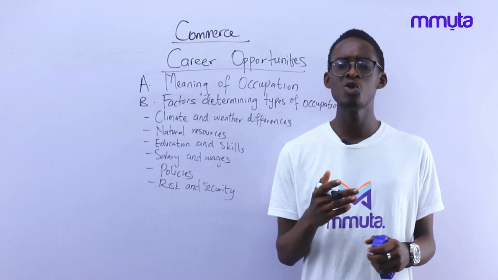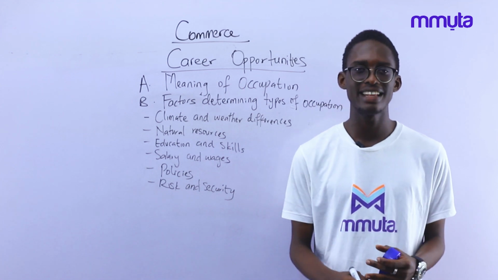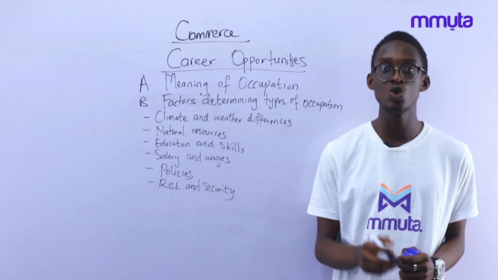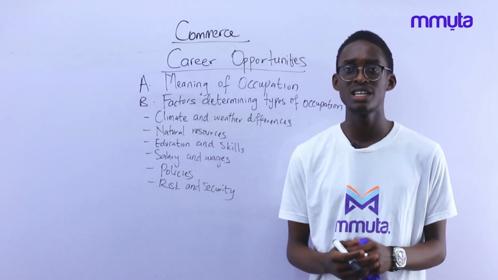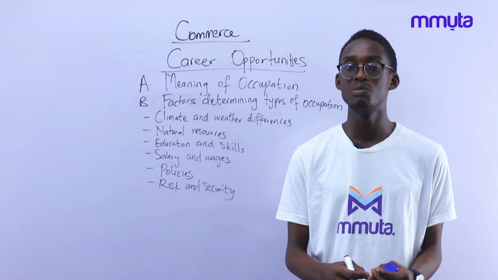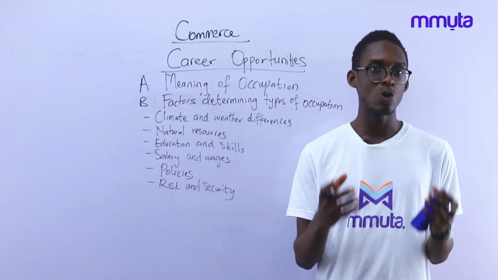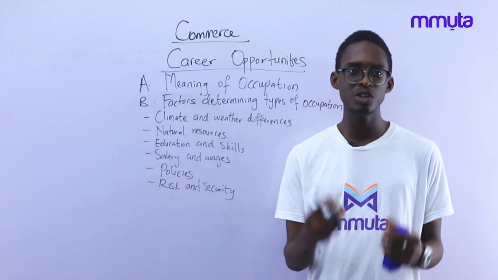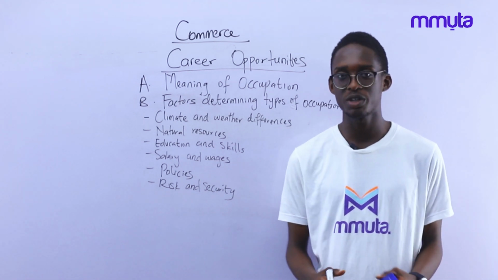As we all know, human wants are unlimited and the means to satisfy them are scarce. Now in order to satisfy these human wants, one has to engage himself in what will give him money. So anything someone engages in to make a living is called occupation. Now occupation is that thing you engage in to feed yourself and to provide your special needs.